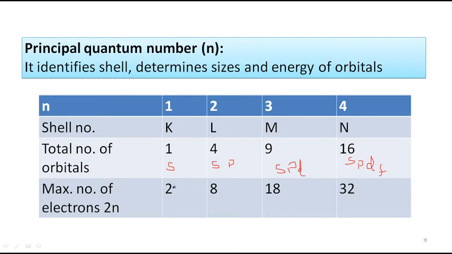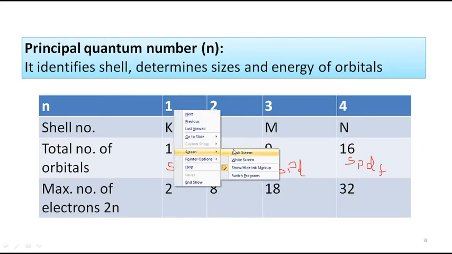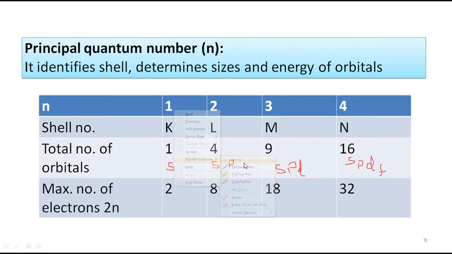Okay, now you see. So in the K shell it can have 1s orbital. Then in the L shell it can have 2s and 2p orbitals. So this 1 is the principal quantum number, is it not? So 1s orbital can exist. And what is the next thing? 2s and 2p can exist. What is the third one? 3s, 3p and 3d can exist. What is the fourth one? 4s, 4p, 4d and 4f. So if I say 4s, 4p, 4d and 4f, that belongs to the capital N shell.